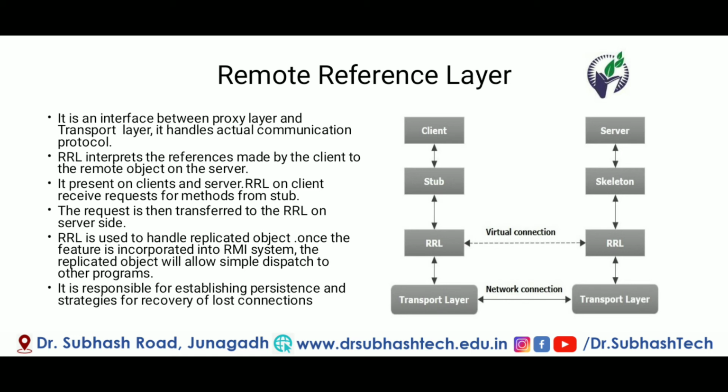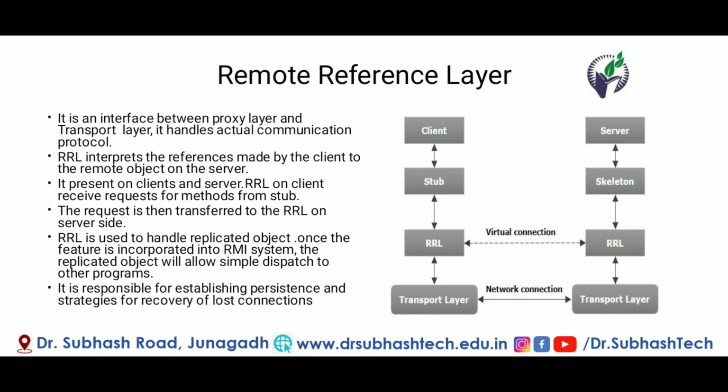So the client-side and server-side remote reference layers are virtually connected. When the request is made through the stub, it is transferred to the RRL, and the RRL transmits this request to the server-side RRL.